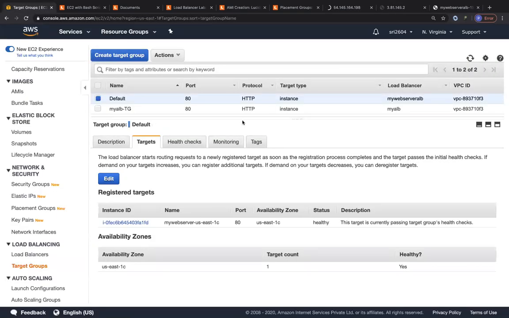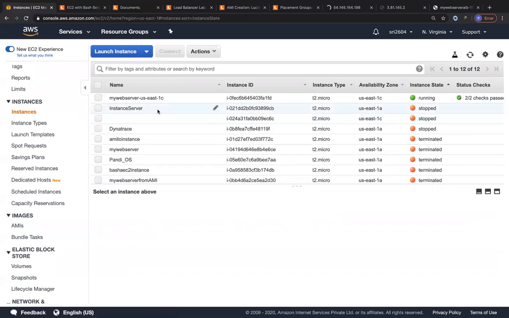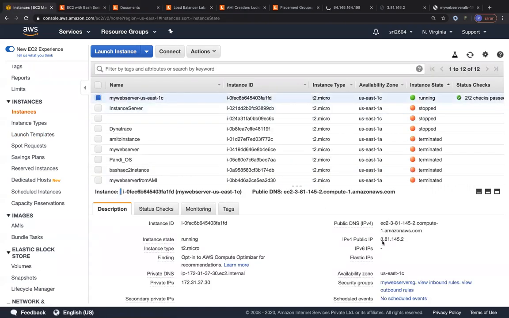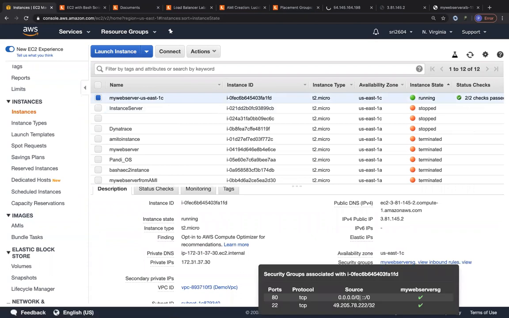One more thing regarding load balancers is, how do you tighten up your security group? That is also very important, right? Right now, you have your EC2 instance with its security group, and it is opening up port 80 to the outside world, which is not a good practice. When you have a load balancer, you don't want anyone directly accessing your EC2 instance over port 80. You want everyone to access your load balancer on port 80.